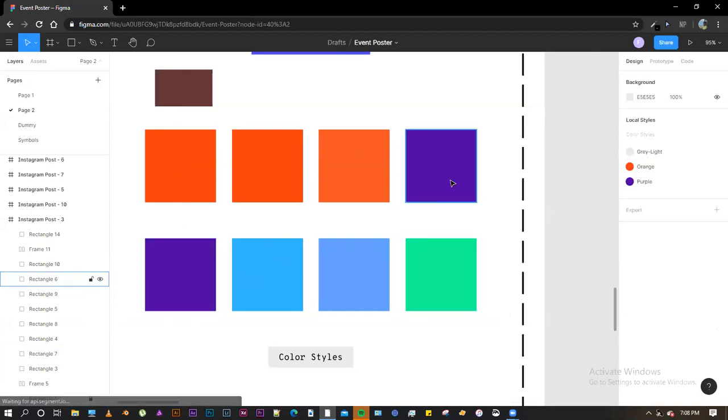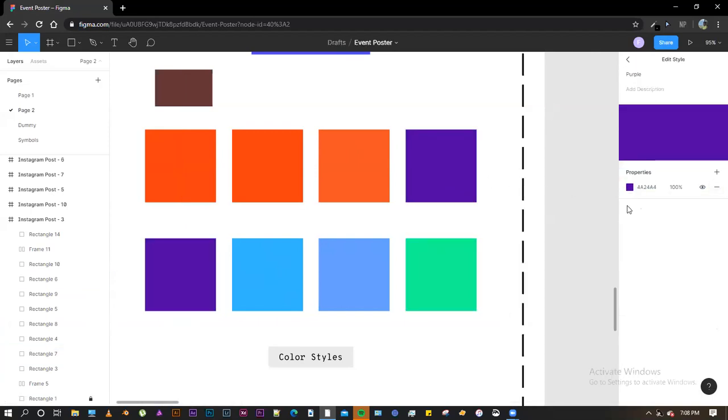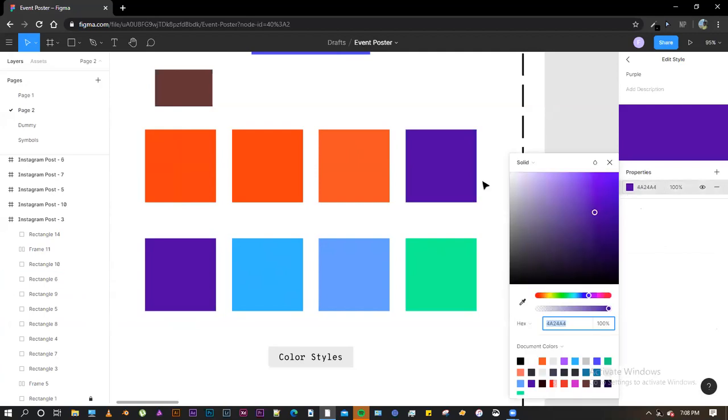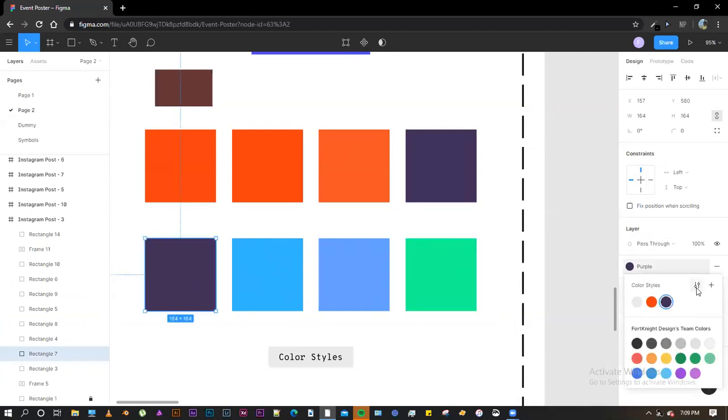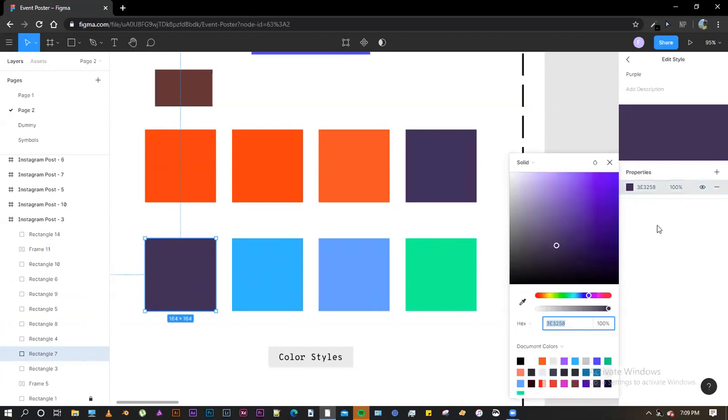And if I change the purple color from here, it would only change where I have chosen the purple color, the instance that I've defined. So it would only change over here and not here, since this is manually picked. And now if I click on this and choose this color, and if I edit this color, all the places that this color is used would be edited simultaneously.